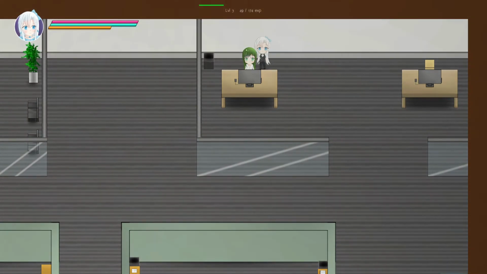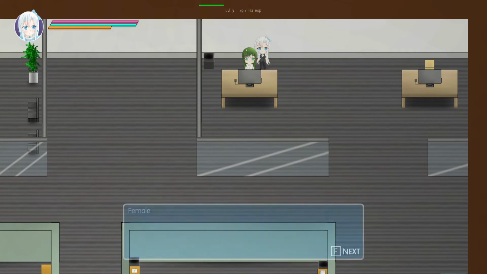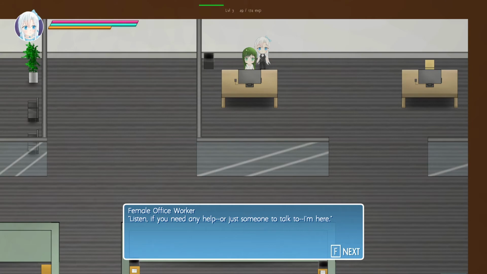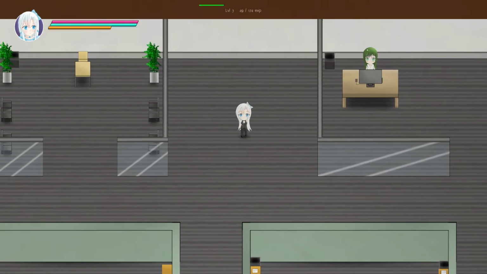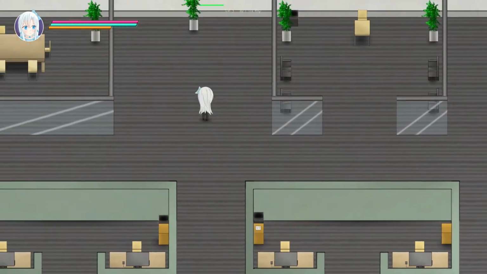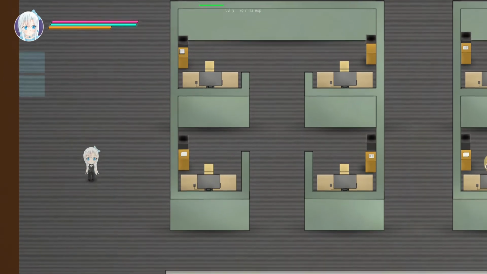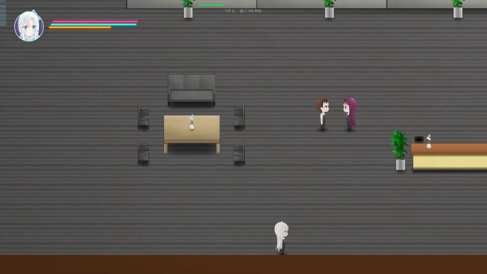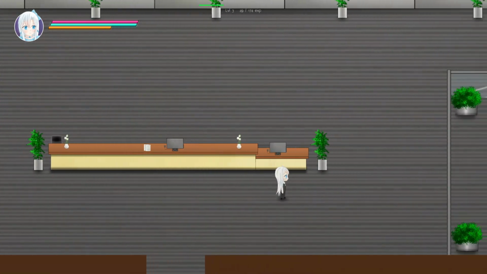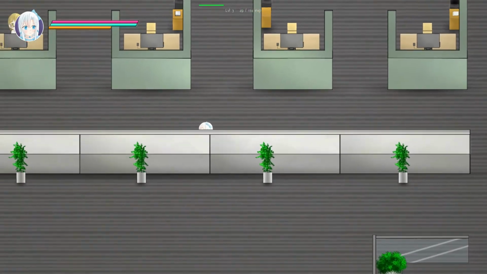There's someone else working here. A minor is lying about her age to work here. In fact, that rumor was probably not about me, but might as well be. Yeah, I don't see any doors or things to go to another place, but I also don't see any sparkly bits from these documents that I'm supposed to be stealing. So maybe...